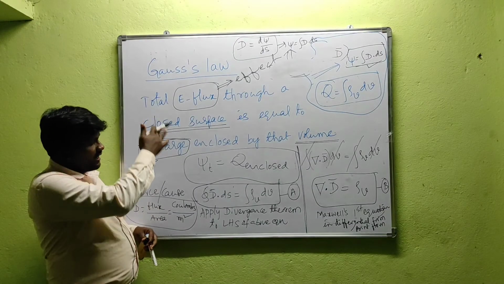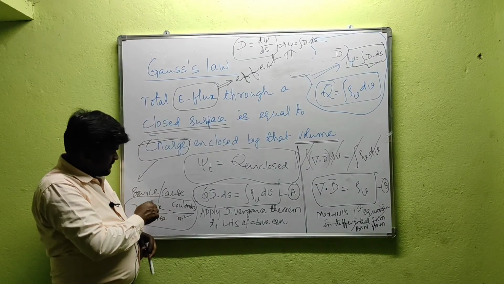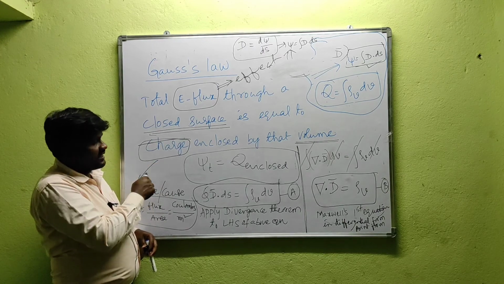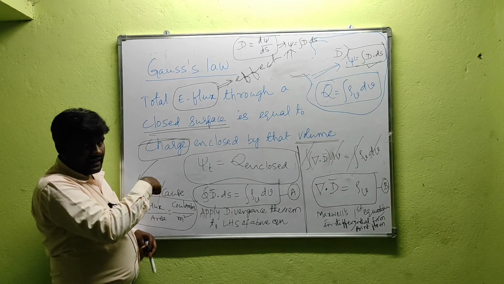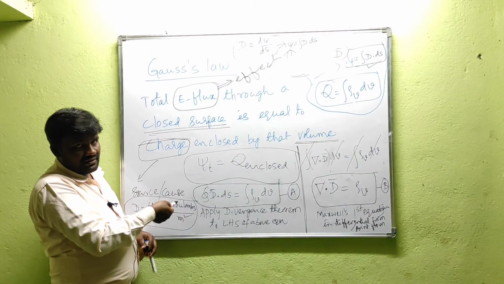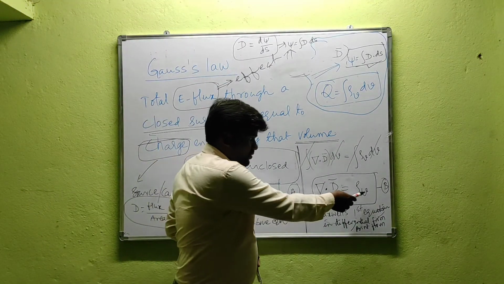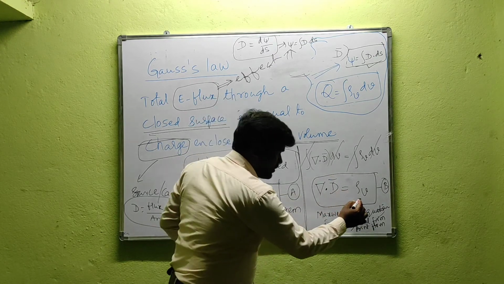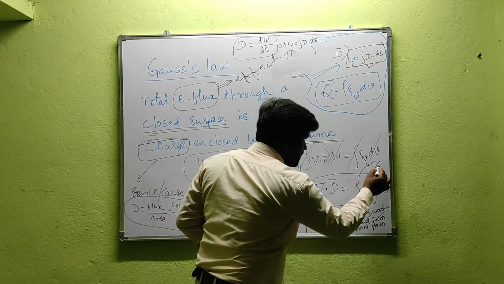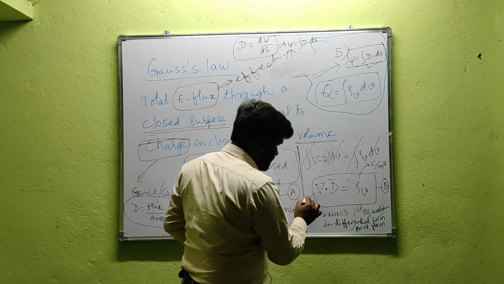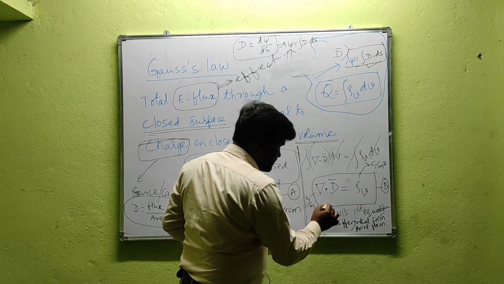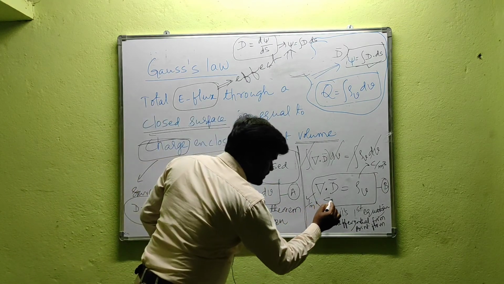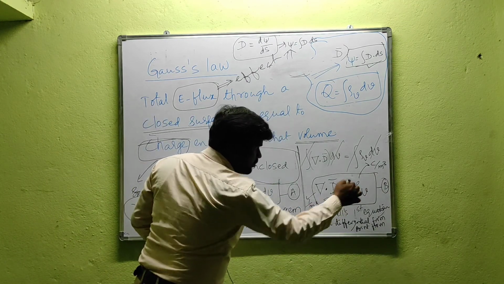Of course, this Gauss law relates what? This flux is the effect, and the source is the charge. It relates source and effect. By using that we get del dot D equal to rho v. Rho v is the volume charge density, that is, charge per unit volume. The unit of this is coulombs per meter cube, and the unit of del is per meter, and the unit of D is coulombs per meter square, which is equivalent to coulombs per meter cube.